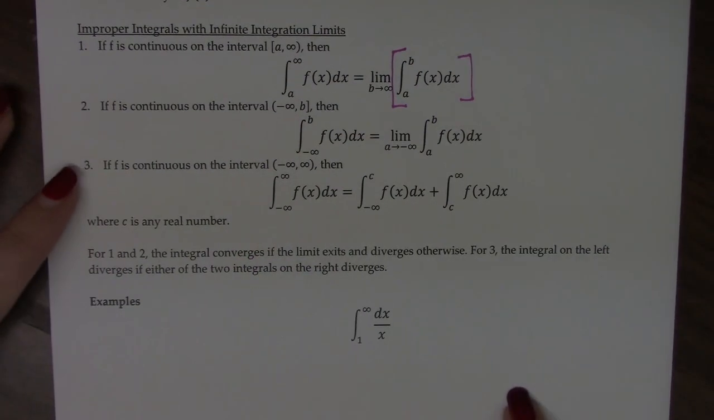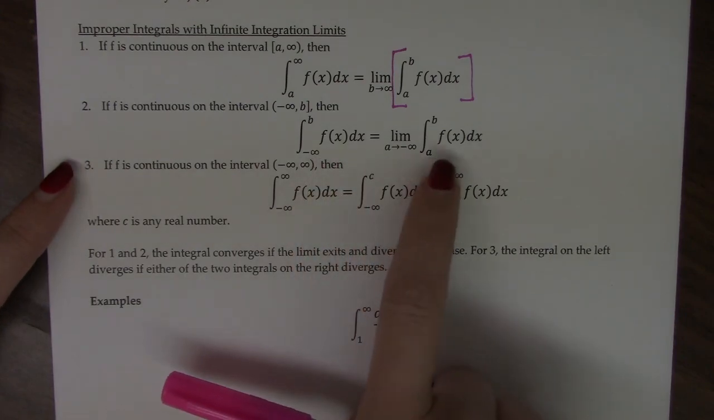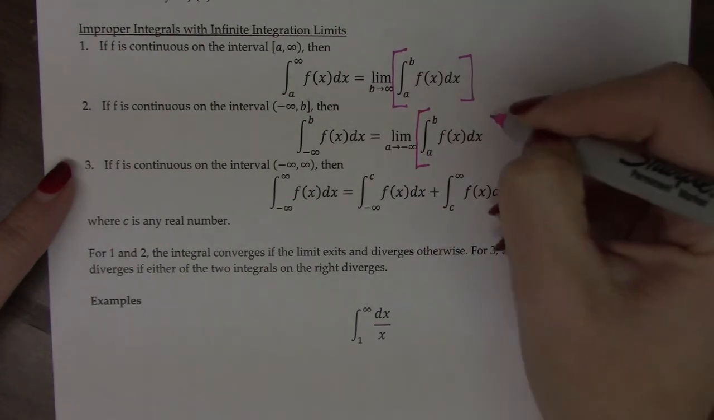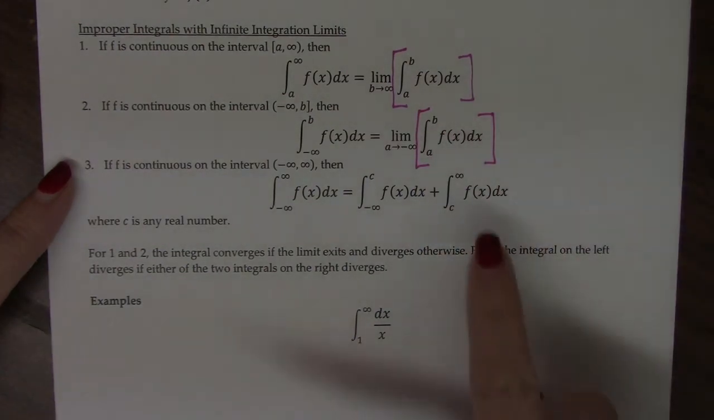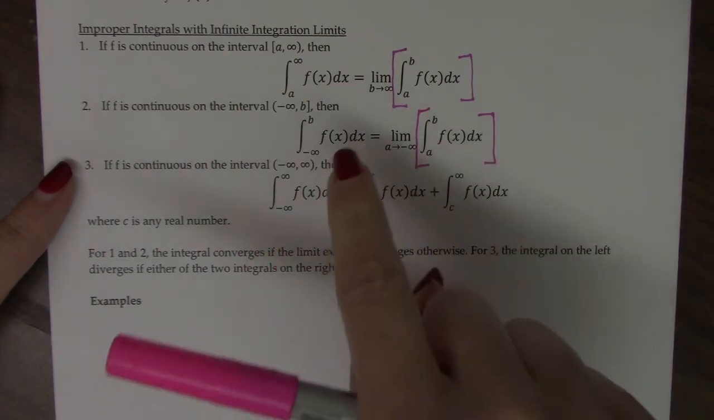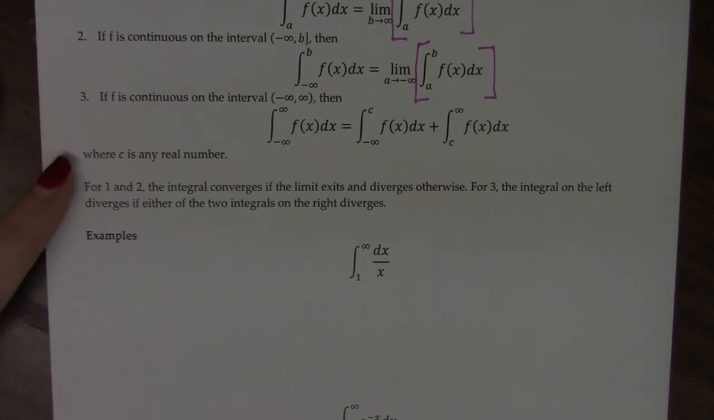If the lower bound is negative infinity, then we usually replace that with an a. So we're integrating from a to b. And then we take the limit as a approaches negative infinity. So just like before, you're going to figure out the integral, excuse me, then do the limit onto the result. We can also integrate across